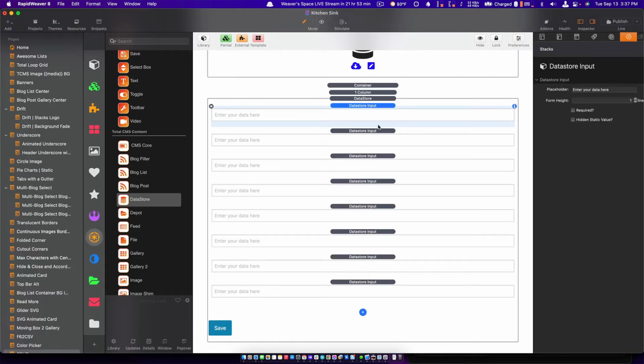So when you're doing this, you want to make sure that you have, I won't do them all, but first name and then last name and so on and so forth. Again, spelling things correctly helps. Okay, and this is just so you know which field is which. Okay, so if I just go ahead and publish this,